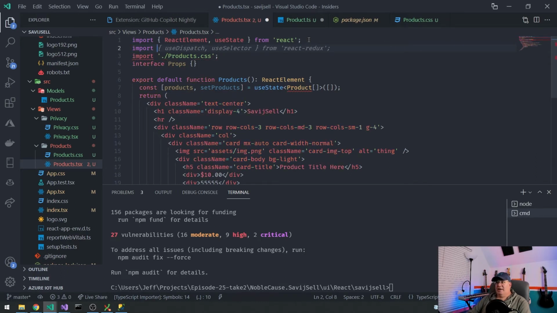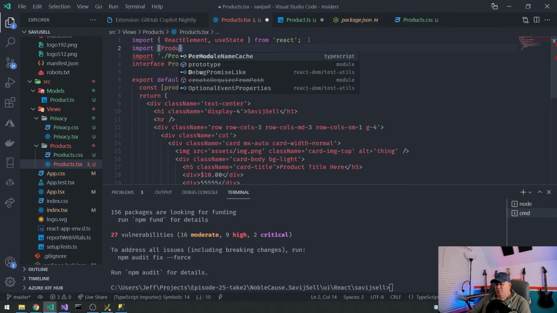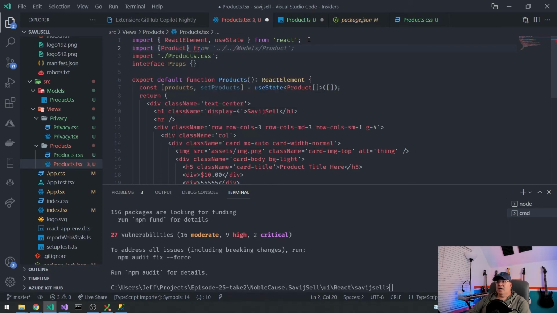So I'm going to import product from, and now the AI sees that it's in models product, so I can grab that. And so let me explain two things here, the curly braces and the syntax of the path here. So the curly braces, the reason that some things are brought in without curly braces, like I would do import React without curly braces,